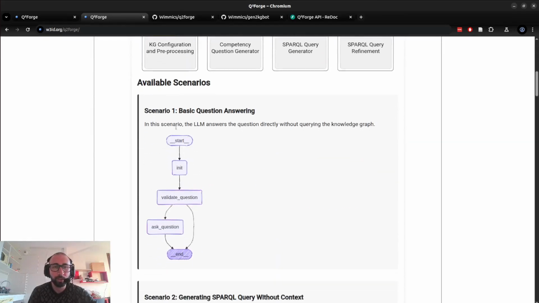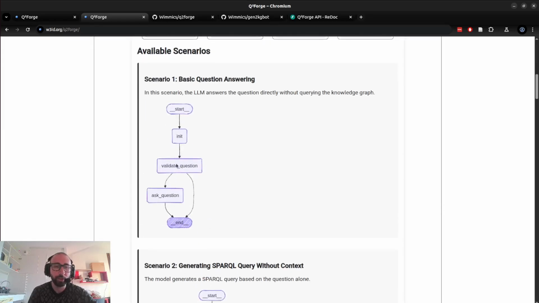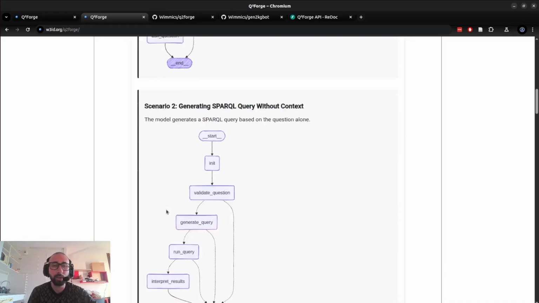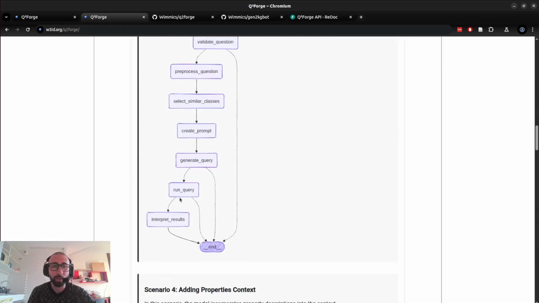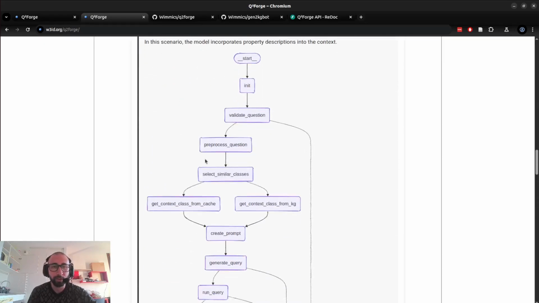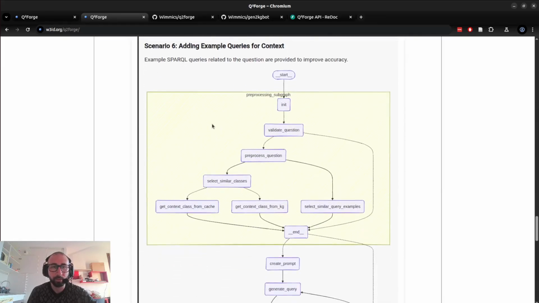Here we describe each of the scenarios, from the basic one where, given a question, we answer the question directly with an LLM call, to generating the SPARQL query, doing some pre-processing, and so on. Starting from scenario 6, we will use some SPARQL query examples to aid the LLM to get more context